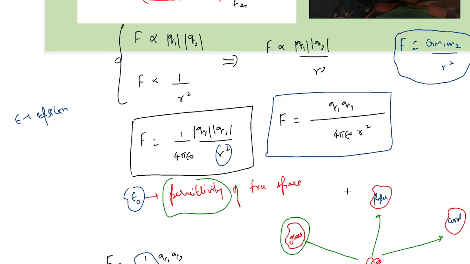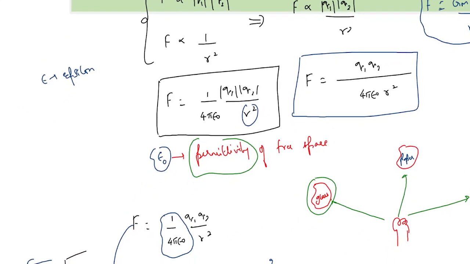So there are some forces in the universe which obey this behavior. This is very important. That is because what is seen is that the force goes as 1 by r power n minus 1, where n is the number of dimensions of the universe. Since the universe is three-dimensional, it goes as r square.